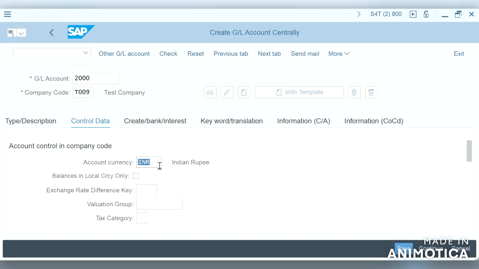So if you specify USD, this account can be posted only in USD currency. Now, balances in local currency only. If this field is flagged, any document currency can be used with this account, but the balances will be shown in local currency.